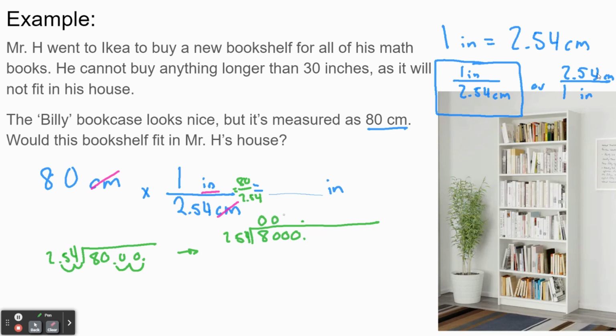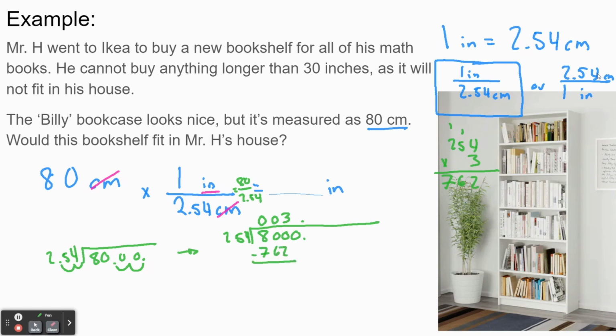Yes. And I actually know that it's going to go in 3 times, because 4 times just 200 would already be 800. If we have this extra 54, it can't be more than 3 times. Let's figure out what 3 times 254 is. We'll draw this over here on the side. So 3 times 4 is 12, carry the 1, 15, 16, carry the 1, 6, 7. So we have 762